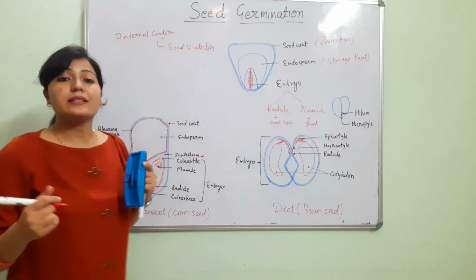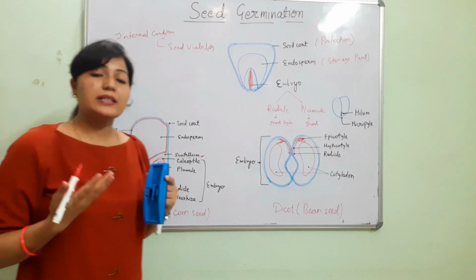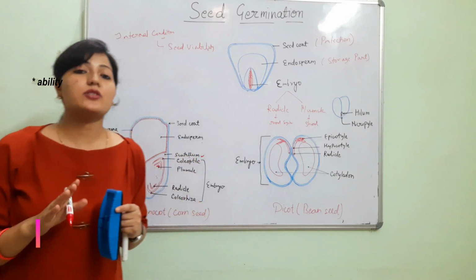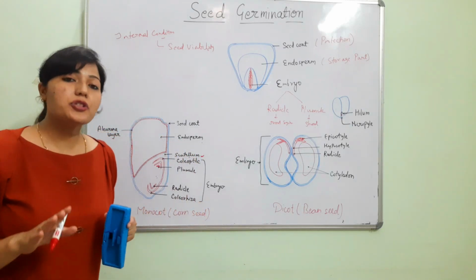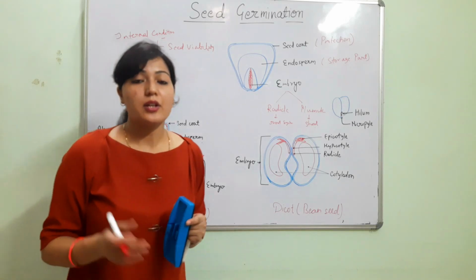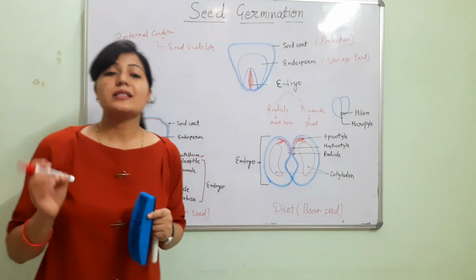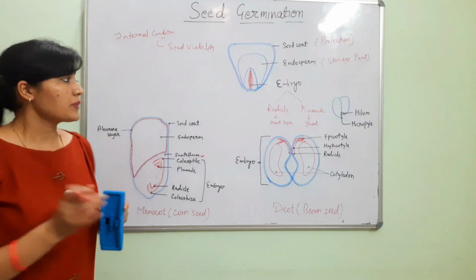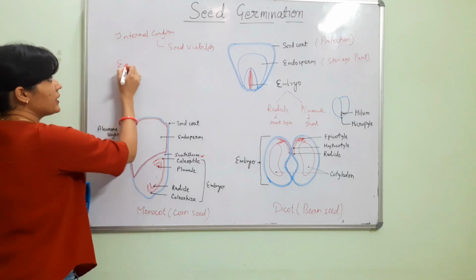Seed viability is the capacity of the seed to germinate. It means that if a seed is not viable, it will not germinate even under favorable conditions. So for germination, the seed must be viable. Okay, now the external conditions